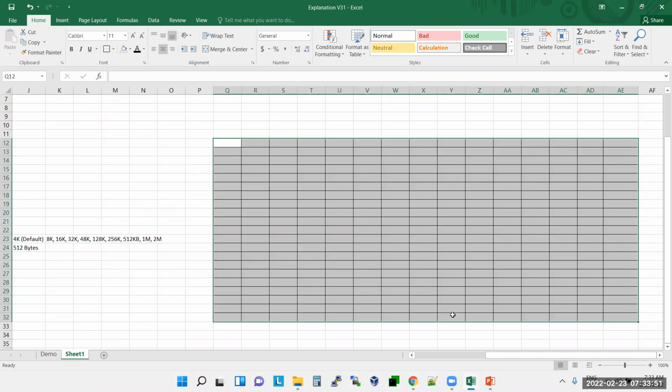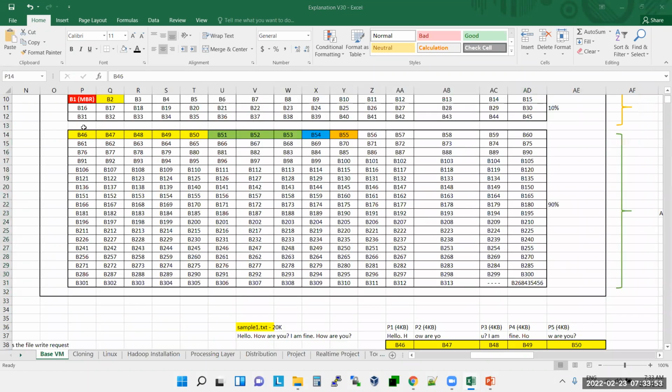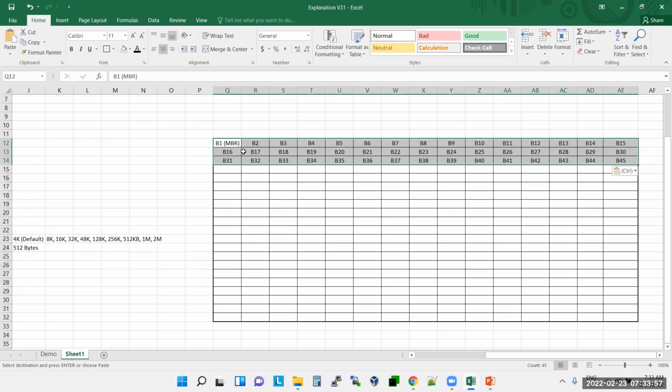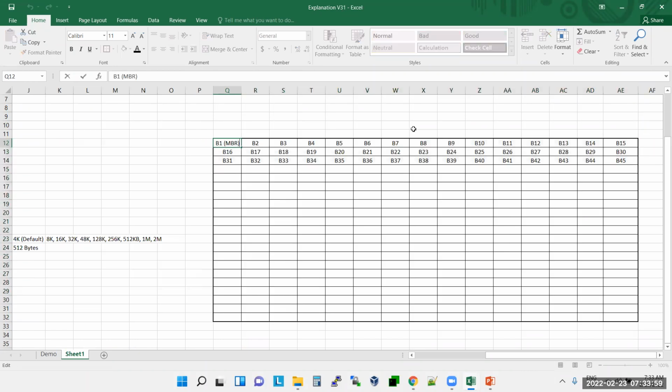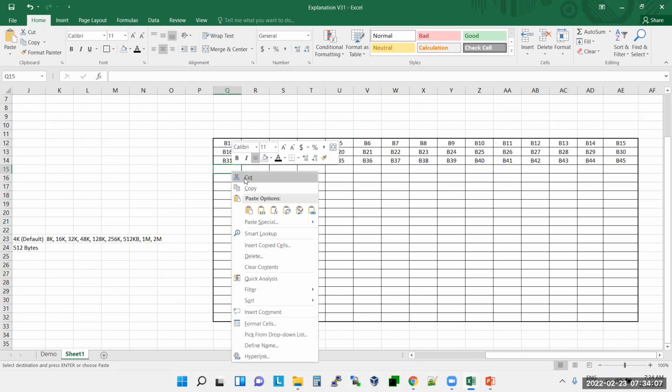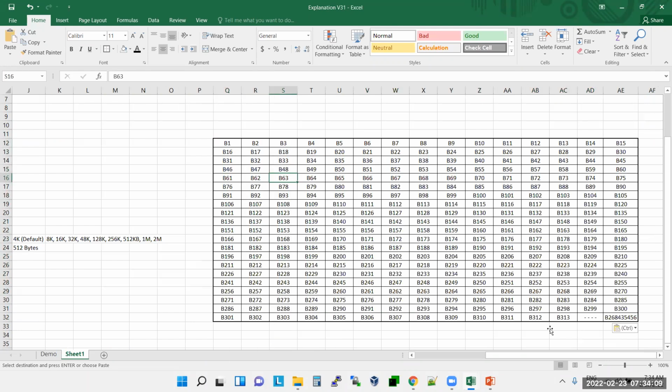How many 4 KB blocks will it be divided into? So here, I will just copy all this. Okay, so this is how my hard disk is divided, guys.